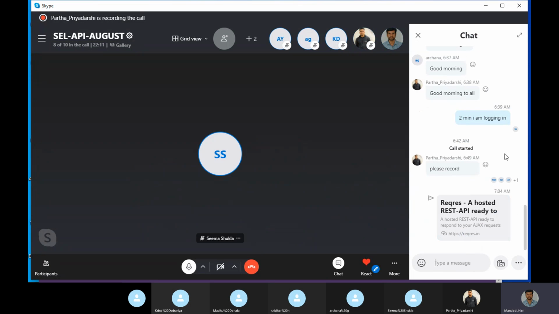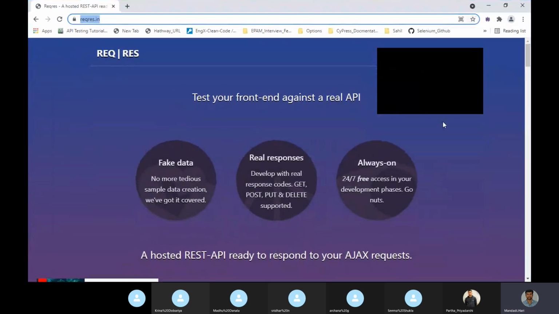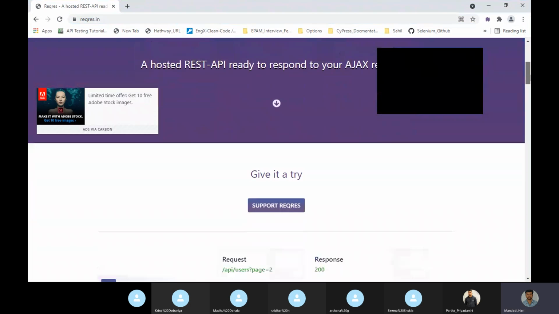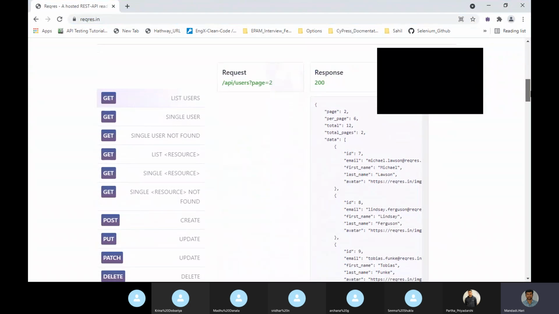We will understand now. Once you open it, come a little below. You have multiple HTTP calls. These are HTTP methods, and these are the APIs list.